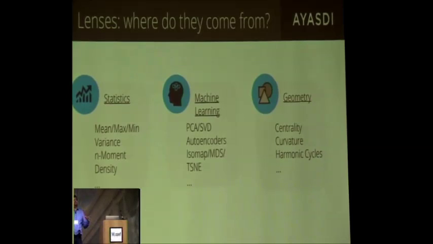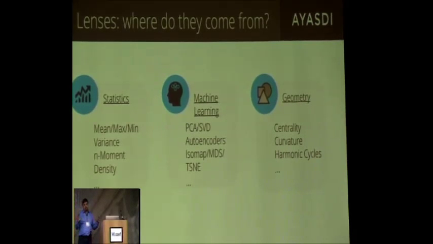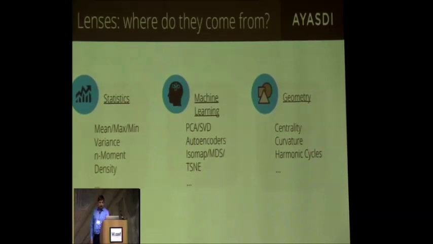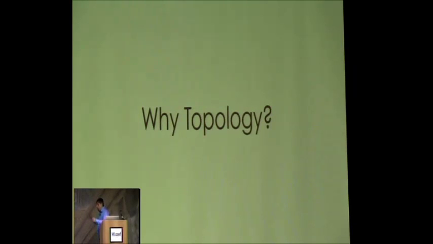So the point of this is that this topological machine that I've described is a framework that's going to eat all of the other analytic domains. Geometry, statistics, machine learning, they all produce functions. They can all be put into the machine. But the machine is going to get higher fidelity out of those methods. It's okay if I haven't convinced you of that yet. I'll try to by the end of the talk, but we'll see how far we get. Okay, so why topology?